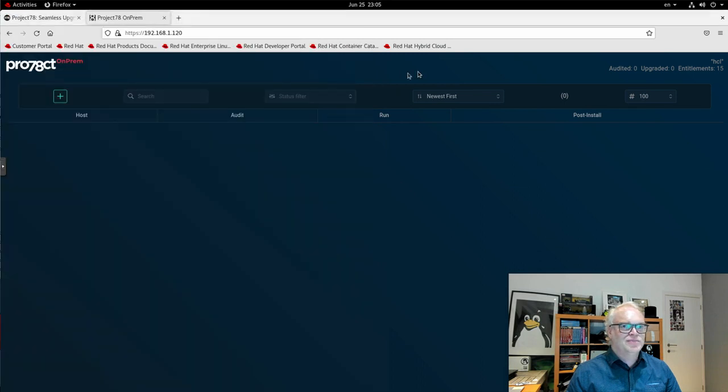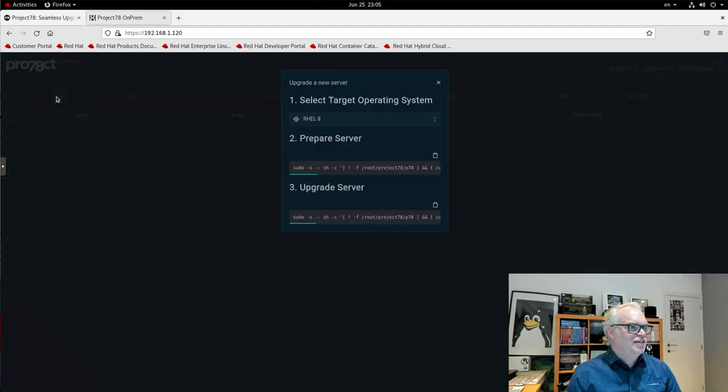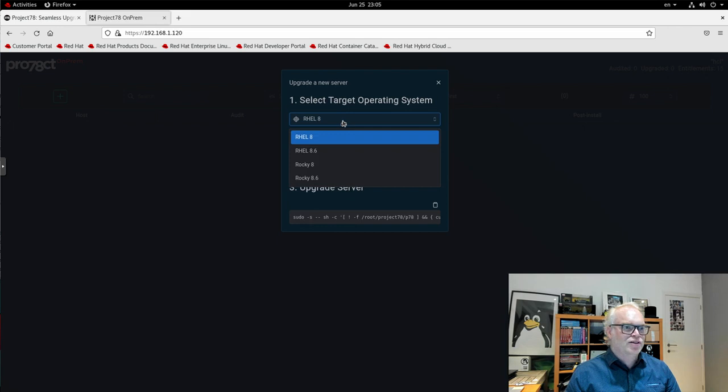So let's do just that. You see here we have this plus button, and this allows us to say we want to go with our new system over to Red Hat 8, or we can also say Red Hat 8.6. We can also go to Rocky Linux 8 or Rocky Linux 8.6. In the future, new versions such as 8.8 will be added as well. In this case, just keep it on Red Hat 8, and then we see here two things we can